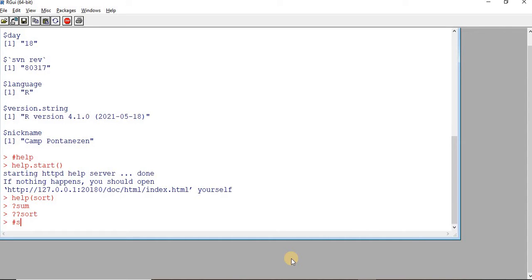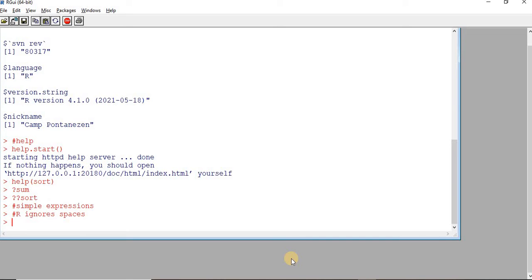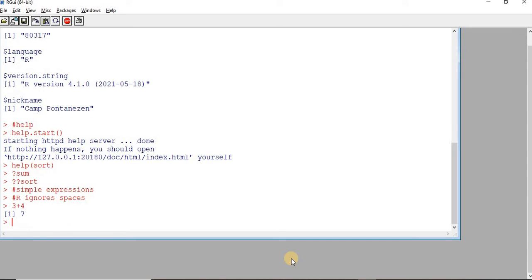Now we'll work with some simple expressions. First thing, we should know that R ignores spaces between expressions. So if you say 3 plus 4, it is the same as 3 space plus space 4.